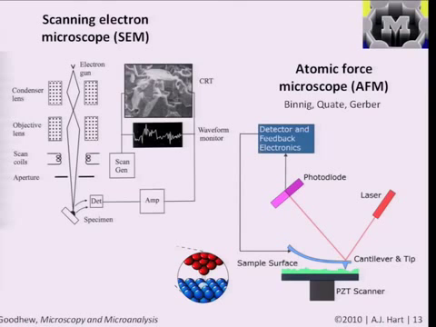And here is a technique that people are trying to apply to, say, directly look at biology, because it can be done at atmospheric pressure, whereas electron microscopy has to be done in vacuum, because electrons will scatter in an atmosphere, and that also places a restriction on the things that you can look at. So we're not going to talk about characterization a whole lot in this course, but having an appreciation and an overview of how people look at and measure nanoscale structures is important, I feel, to understanding the later synthesis